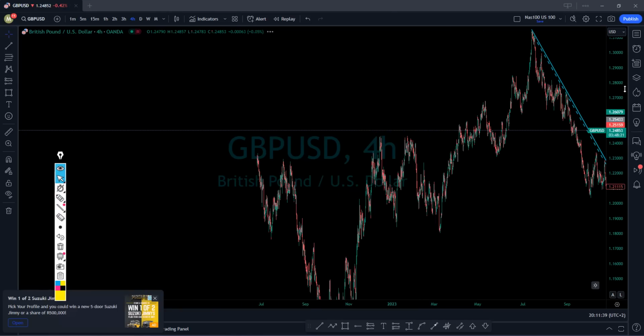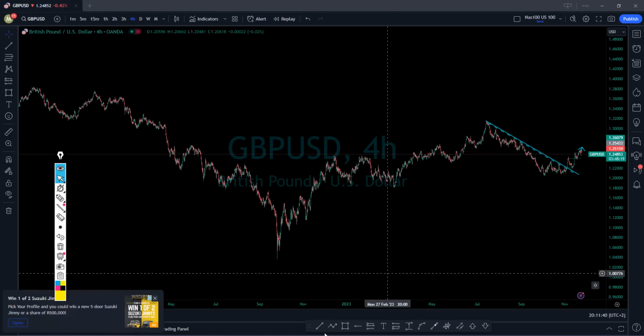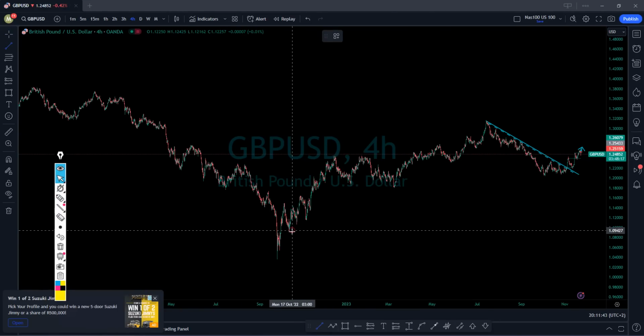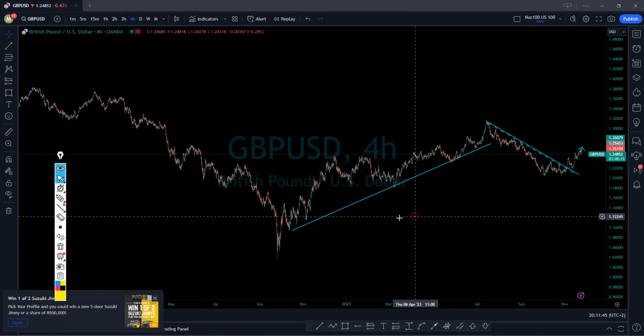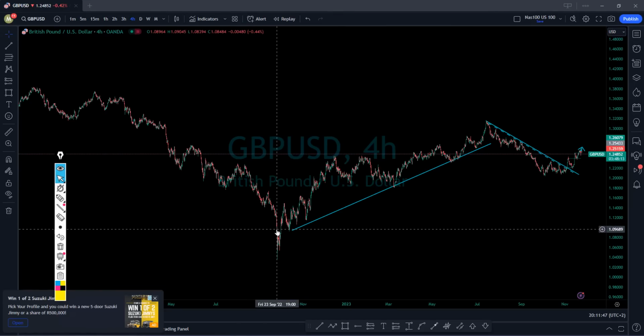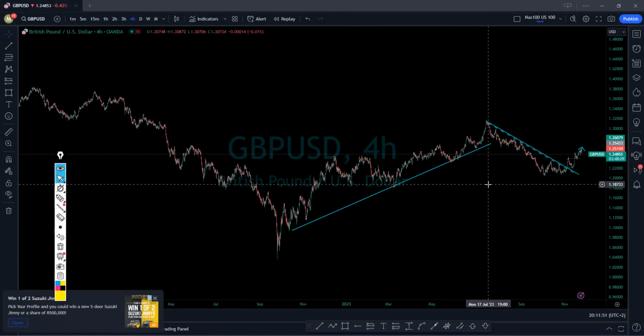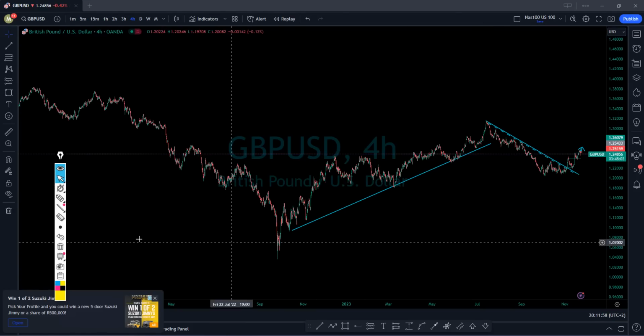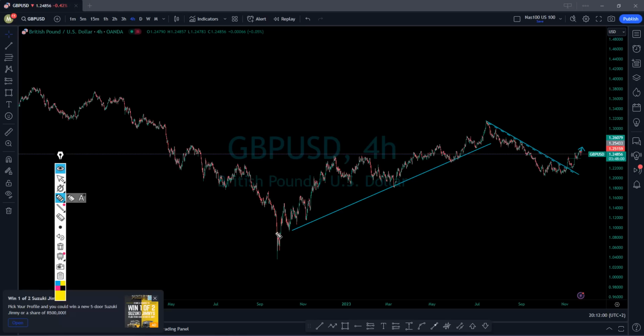So here is another one. This was an uptrend from September 2022 to July this year. Just imagine from